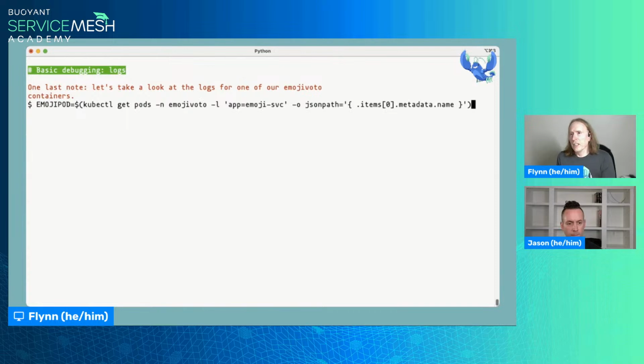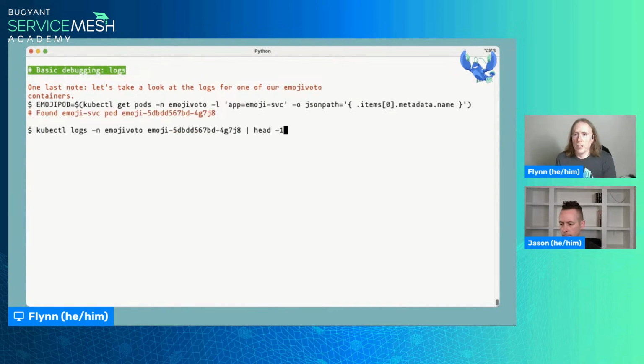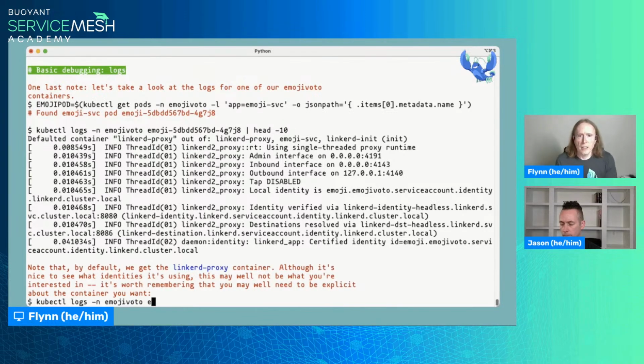Okay, so we're also going to take a look at the logs for one of our Emoji Boto containers. Pick the same thing here. We're going to look at the emoji service pod. Interestingly enough, it defaulted to the Linkerd proxy container, which is very likely not what I'm interested in if I'm trying to debug the emoji service itself.